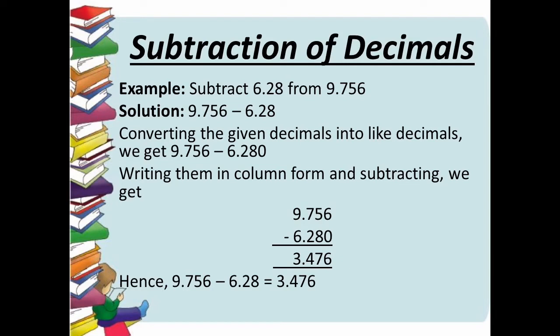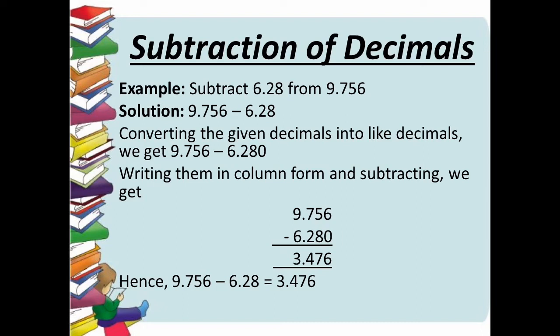So that means students, this 9.756 will come at the first place. We will solve it like this: 9.756 minus 6.28. Now students, firstly see these are like decimals or not. Now students, on observing we got to know that these are unlike decimals, so we will convert them into like decimals, and on converting we will get